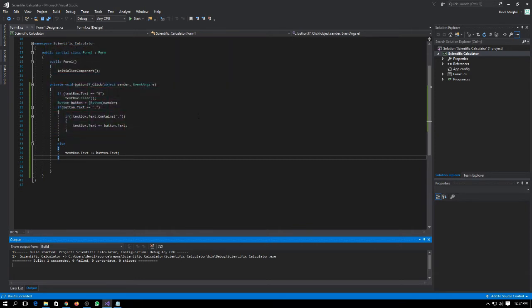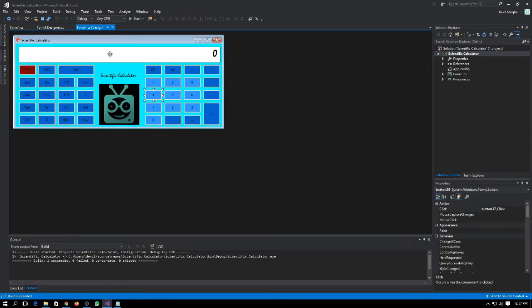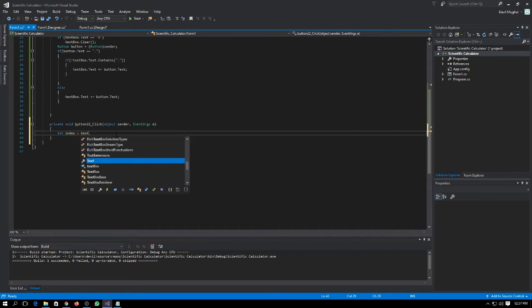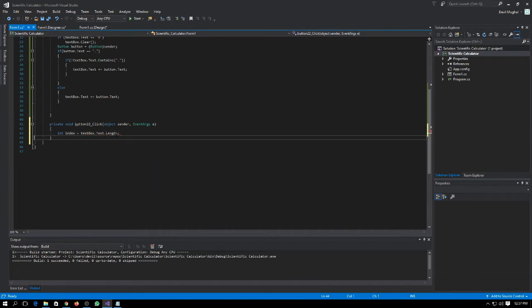backspace. Okay, for this first we will need its index equal to text box dot text dot length, so it will give us its length, and we can find the index by minus